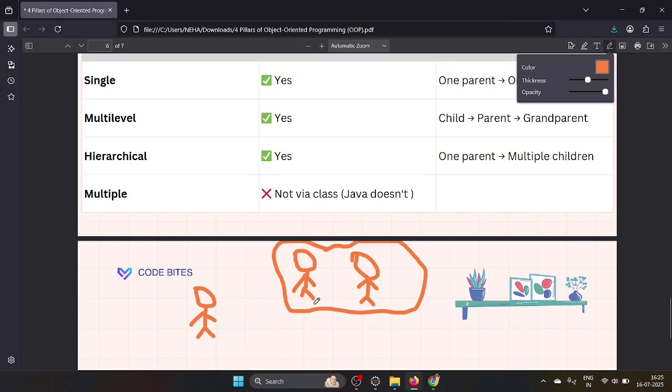Then your mother will ask you, if I did wrong, tell me. Then your father will ask, if I did wrong, tell me. Then for whom are you going to support, mother or father? If you support your father, then mother will get angry, right?